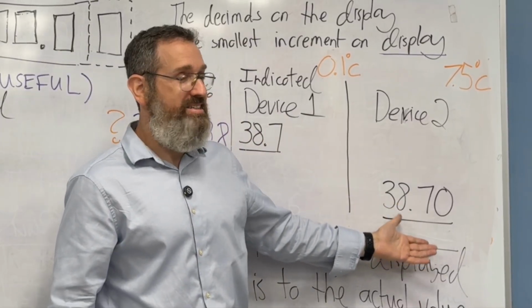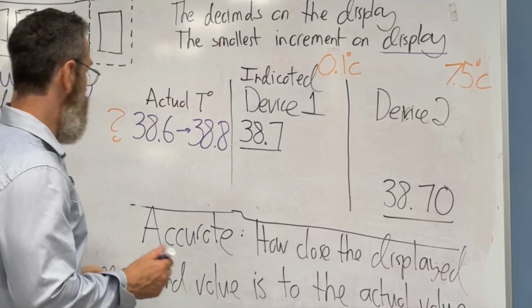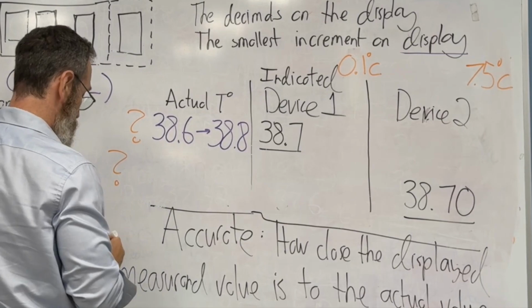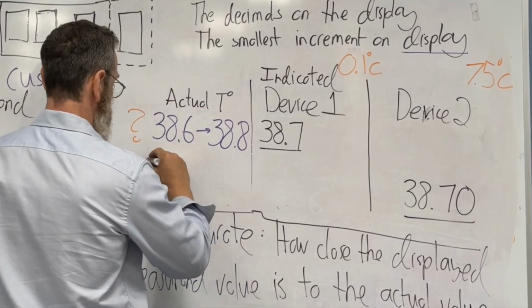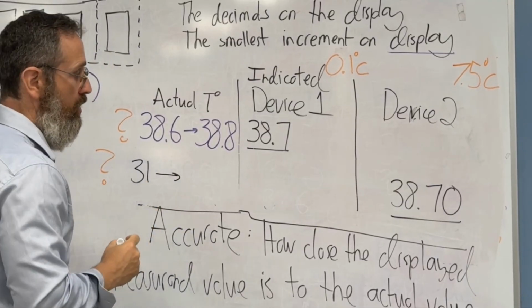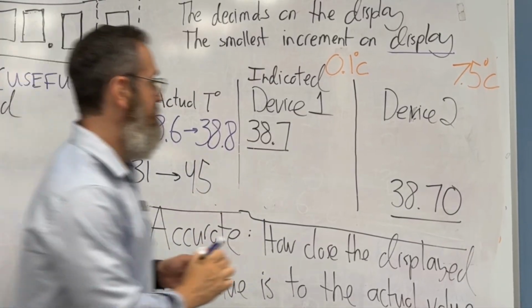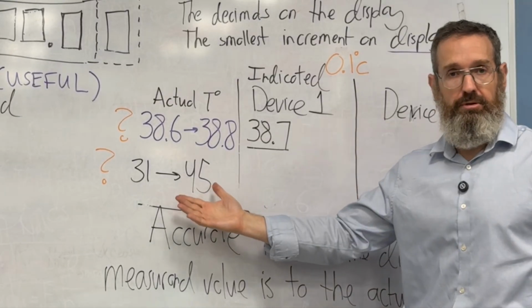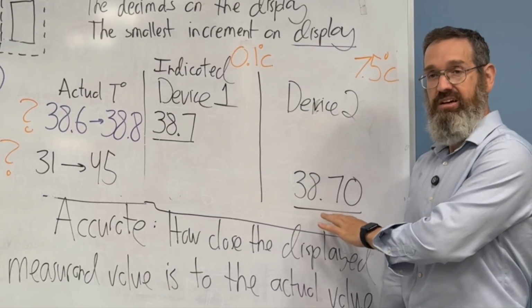However, we know that the device has an accuracy of 7.5 degrees C. As a result, if we were to guess what the temperature was here, we would have quite a range. It'd be something like 31 degrees all the way up to roughly 45 degrees. Precisely, I would subtract 7.5 and I would add 7.5. But it doesn't matter, we have a really big problem. Even though it's giving me this precise reading of 38.70,